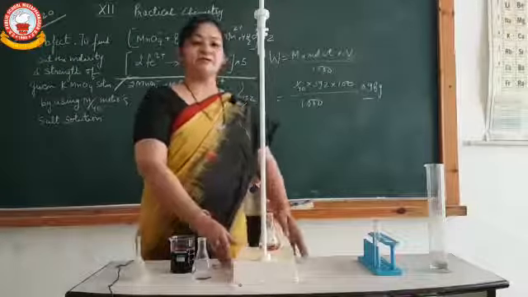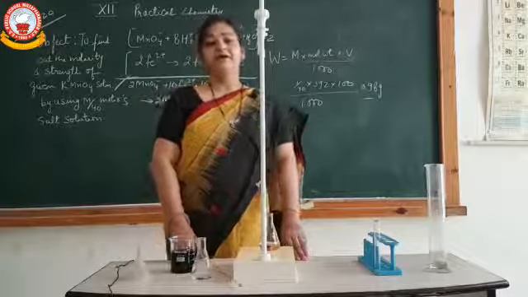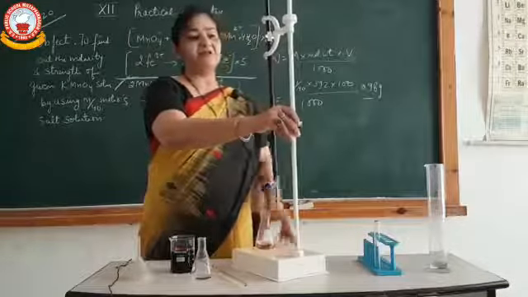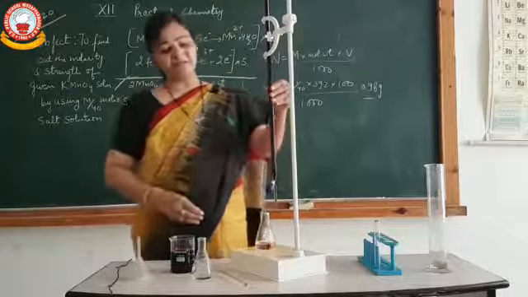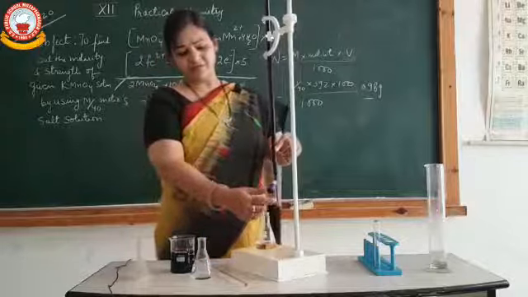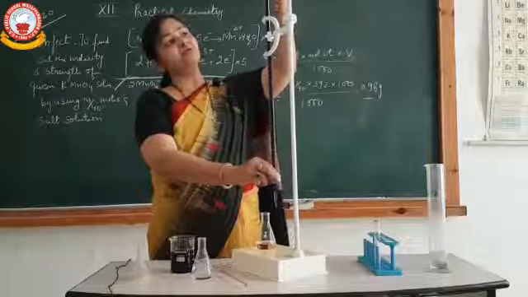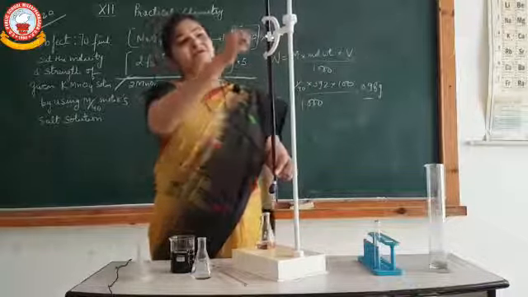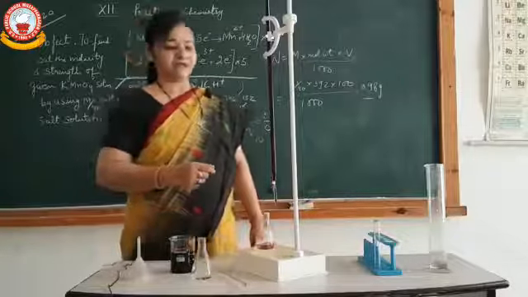Hello students, so now I am going to show you the apparatus used and required to complete the process of titration. In this stand we will clamp the burette. This is the burette, it is a glass tube you can see, and at the end there is a tap. First you will check that the tap is not leaking from this jet, and you can see this burette is graduated up to 50 ml, and you will arrange it in such a way that these graduated marks are in front of your eyes, so that you can note down the reading.